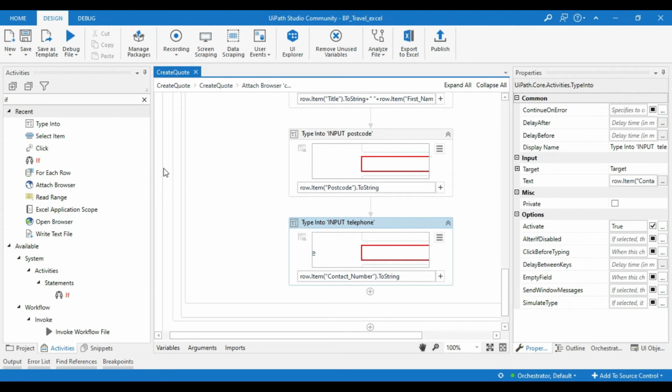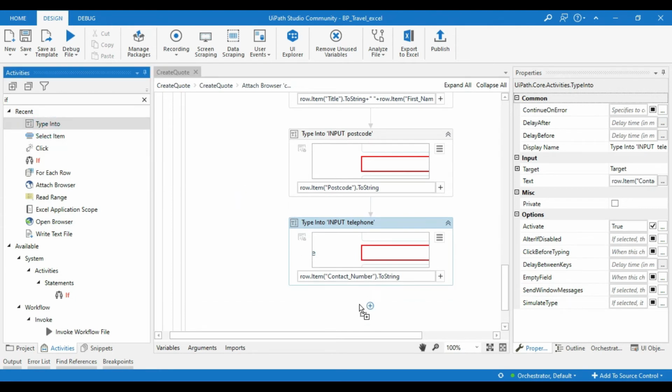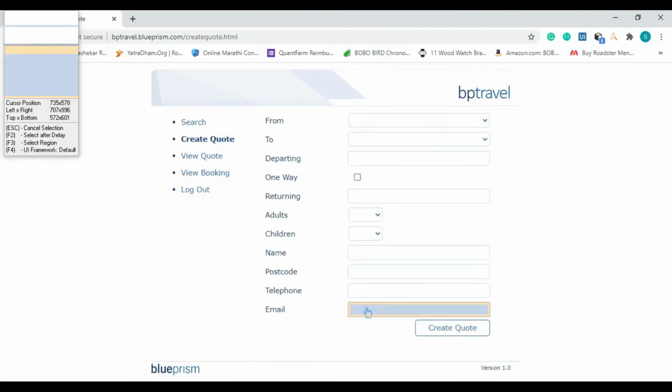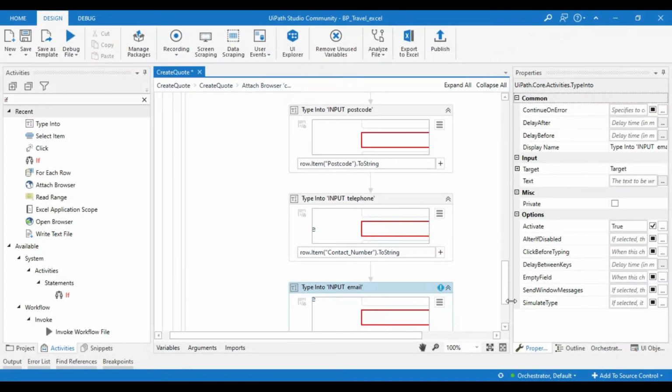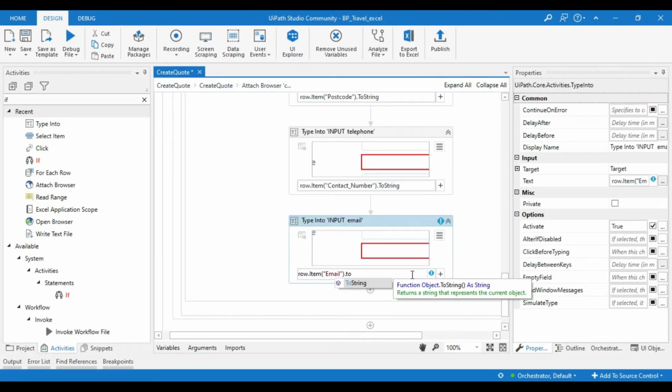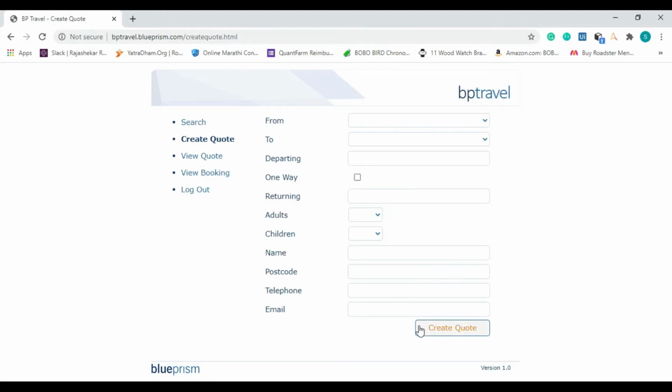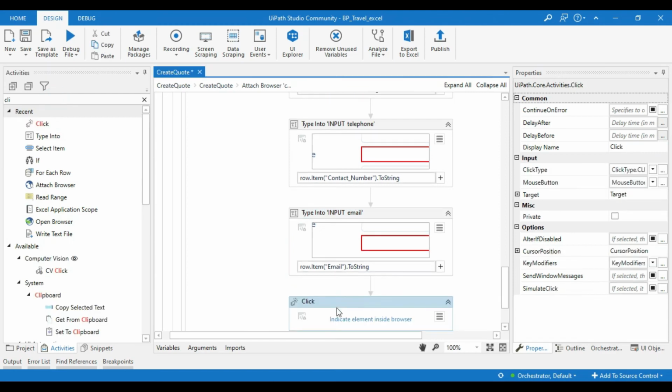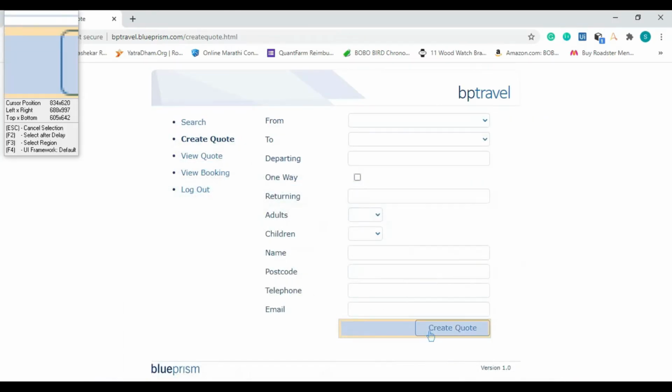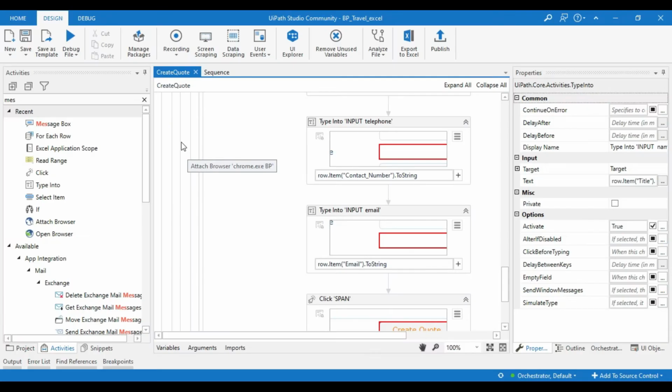And last one, we will take for the email part, row dot item then column name email dot ToString. And our last step is we will click on the create code. So take a click and indicate to the browser. So now let's run the process.